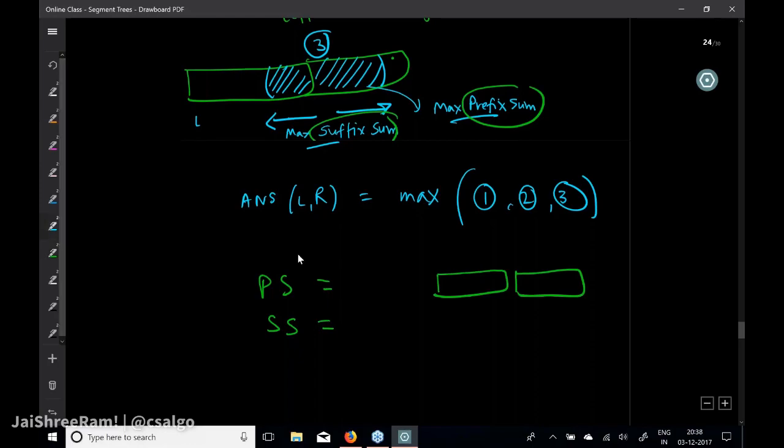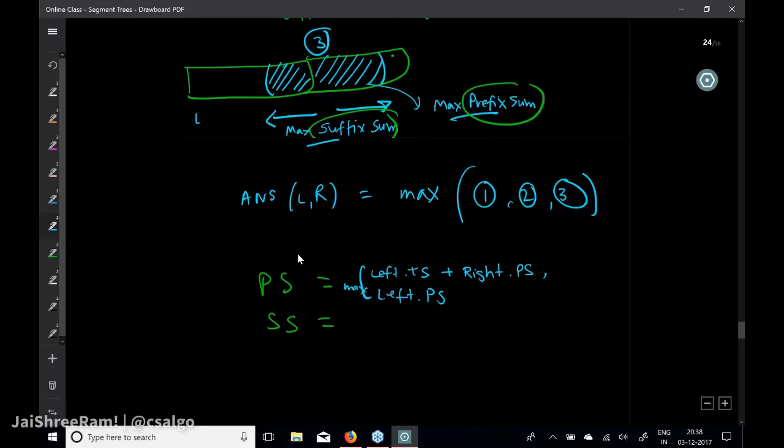जब मैं दो एरेस को कंबाइन कर रहा हूं। मान लो दो एरेस को मैंने इस तरह से कंबाइन किया, और मैं चाहता हूं कि मेरे को नए एरे का प्रीफिक्स सम पता हो, ठीक है। सो प्रीफिक्स सम या तो इसी एरे का प्रीफिक्स सम होगा, या फिर लेफ्ट एरे हम पूरा ले रहे होंगे और वो सब एरे राइट में कहीं पे टर्मिनेट हो रहा होगा। ये बात समझ आ रही है? यहां से लेके यहां तक या यहां से लेके यहां तक, दो ऑप्शन है। सो मैं क्या लिख सकता हूं, प्रीफिक्स सम इज नथिंग बट ऑप्शन 1 इज लेफ्ट का टोटल सम प्लस राइट पार्ट का प्रीफिक्स सम, या फिर लेफ्ट का प्रीफिक्स सम, इन दोनों का जो भी मैक्स होगा।